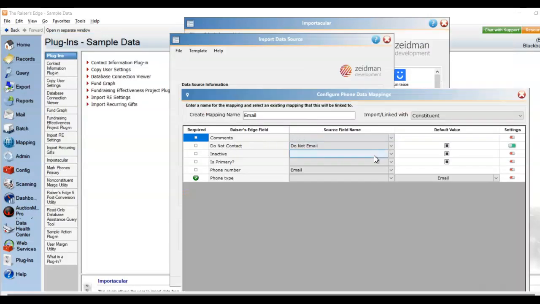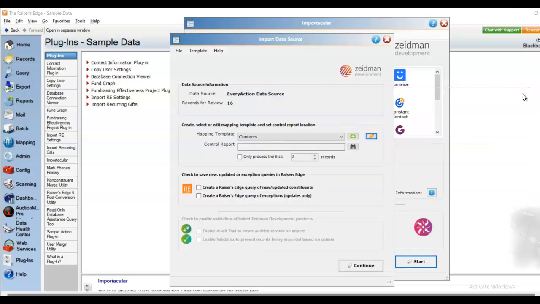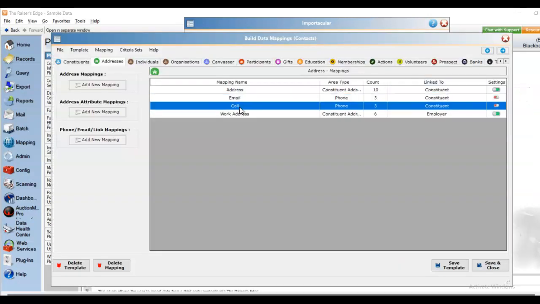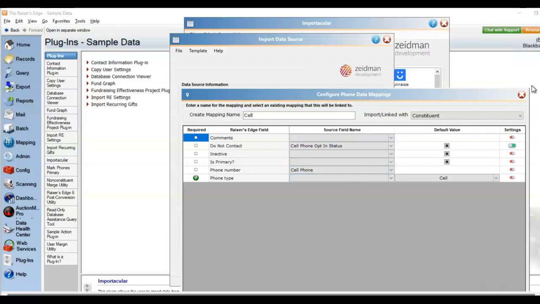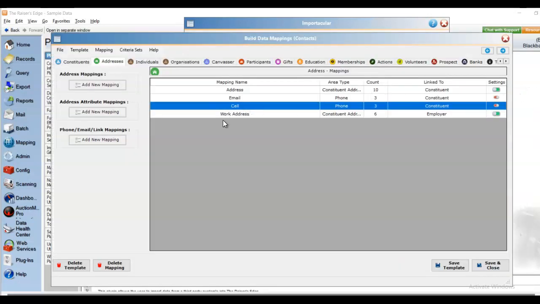So you can see here I've got email address. I'm tracking here directly if they've told me they don't want email. I'm going to mark those exactly so we know which email address shouldn't get email. And then I've added that phone number so we can see that here as well. Now we're going to get back to this work address in a minute, but before I show you that,